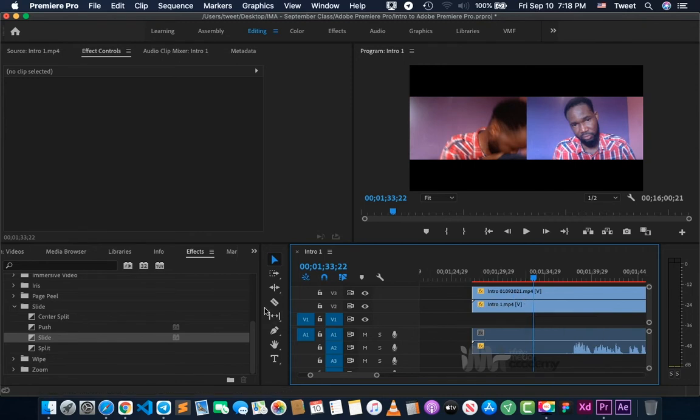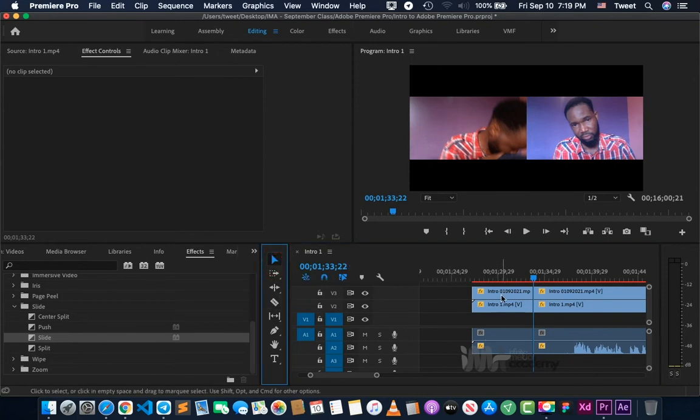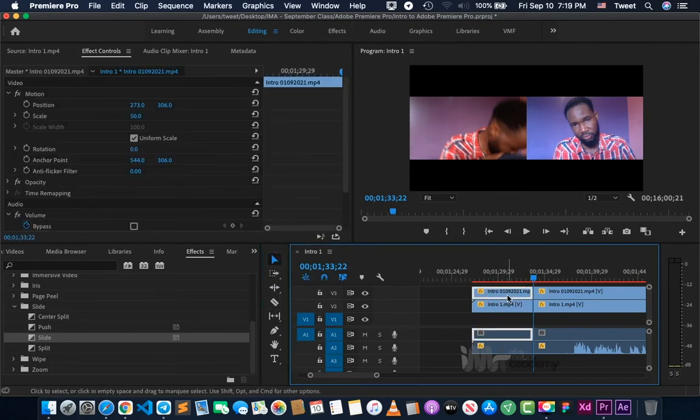We are going to select the razor tool in the tool section, click exactly on this blue line, then also click on the second video clip and cut. So now we have successfully cut these layers. What I'm going to do right now is return to the selection tool, then select this video layer, and then at this point